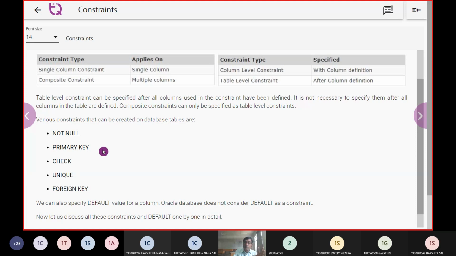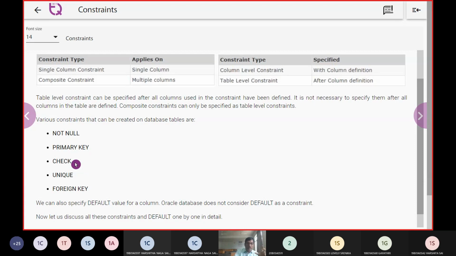There should not be any duplicate values inside that entire column. So there should not be any redundant value inside the entire column. For that, we are going to hold on and check. We give some range. The minimum age for admitting a student into BTech should be 17, and the maximum age to admit a girl into BTech is 28. So now the range is between 17 and 28.